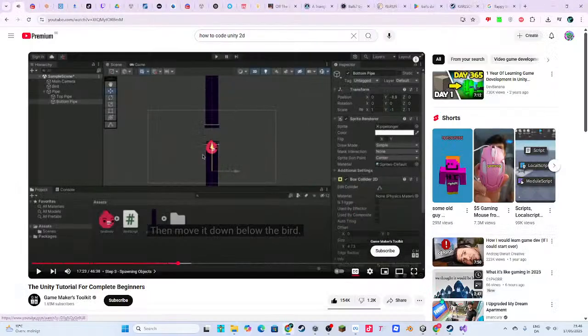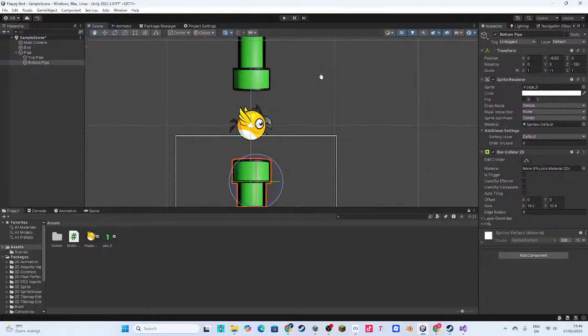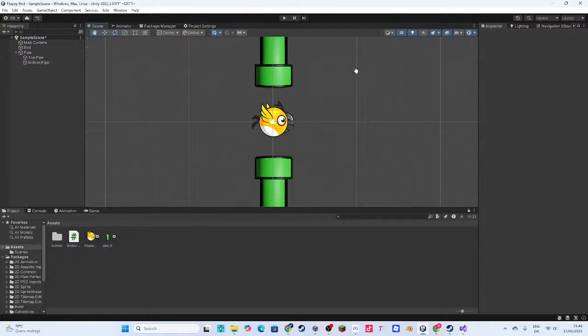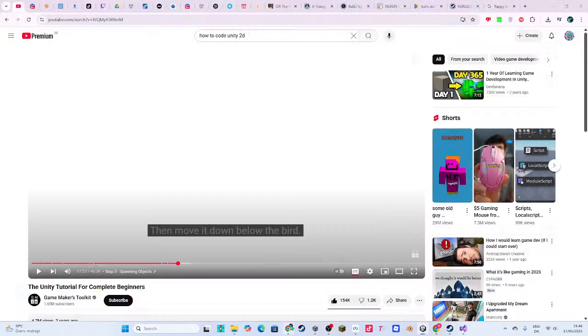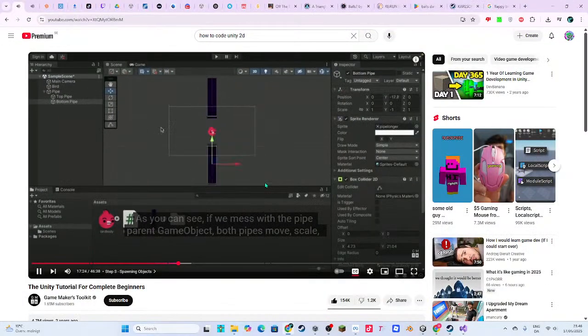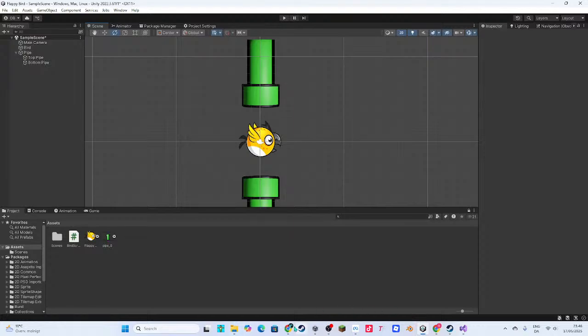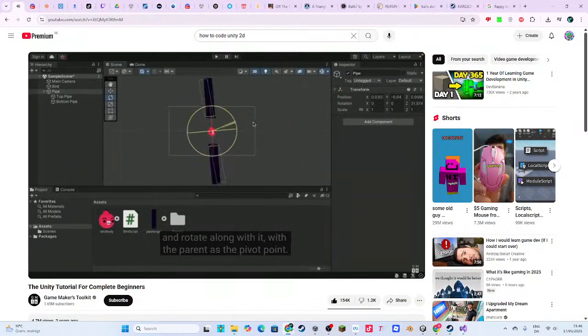Then move it down. Ooh, Y scale, not position. Oopsies. Oh yeah, that's good. That's fire. Below the bird. As you can see, if we mess with the pipe parent game object, both pipes move, scale and rotate along with it, with the parent as the pivot point.